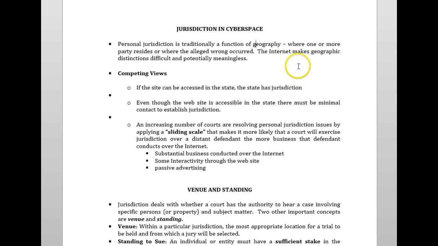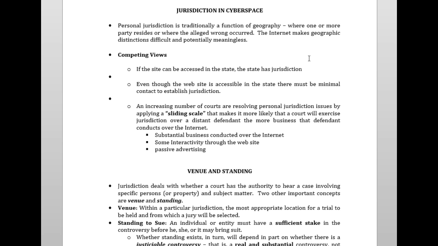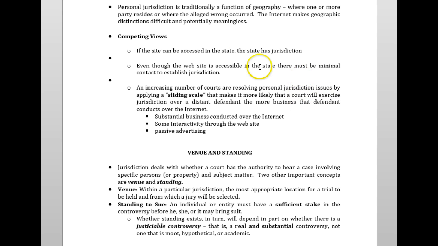So sometimes there can be a case where, let's say the company is sitting in Indiana, and the case may be filed in Montana or whatever because they were bought via the internet rather than in a regional manner. So there's competing views when you look at this, and basically what it comes down to,